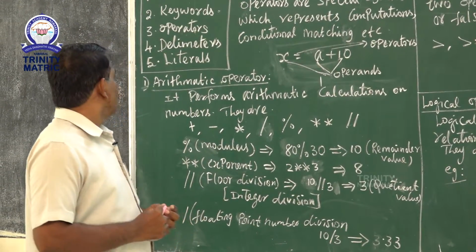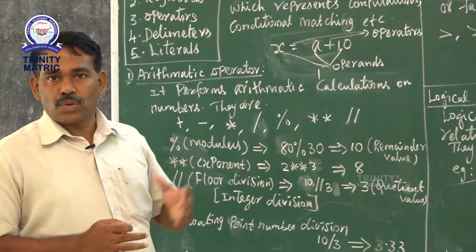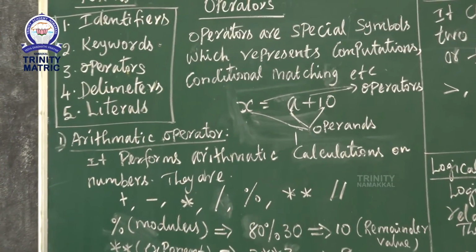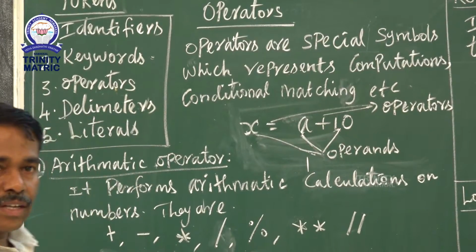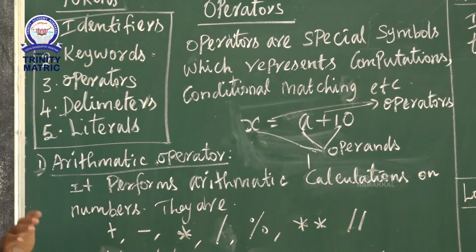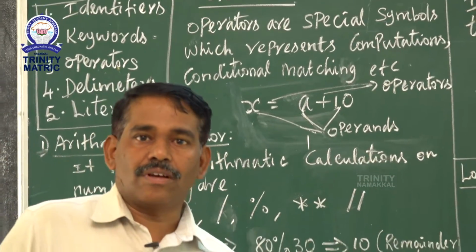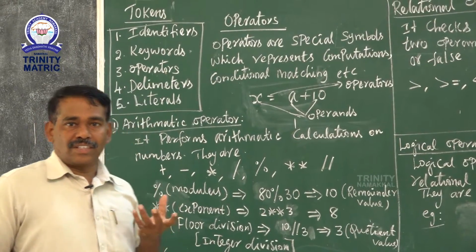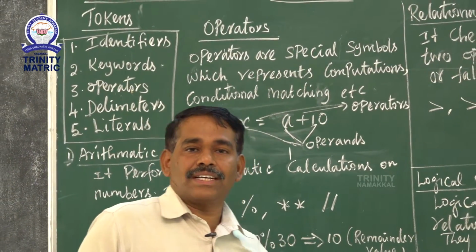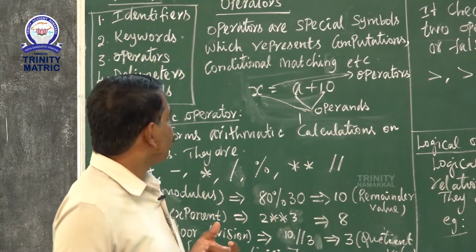As I explained about tokens yesterday, a token is nothing but a lexical unit, an essential lexical unit. There are various tokens. Here 5 tokens are discussed. The first one is identifier. Identifier is nothing but a name given to a variable or a class or a list, etc. Keyword is a special word which has some special meaning to the Python language interpreter.